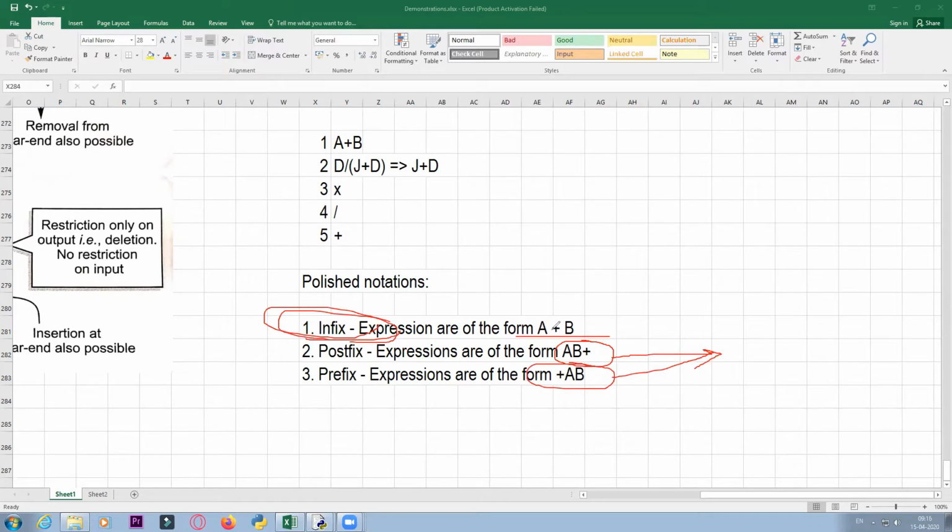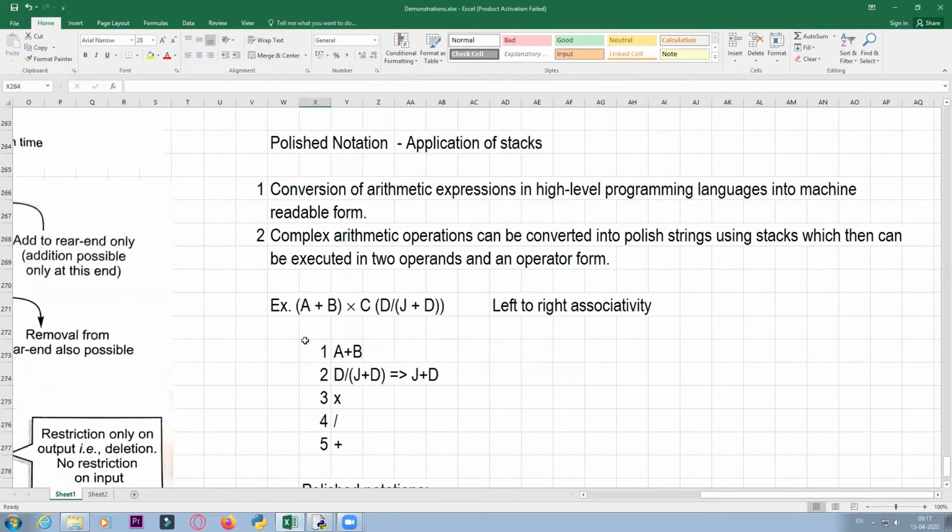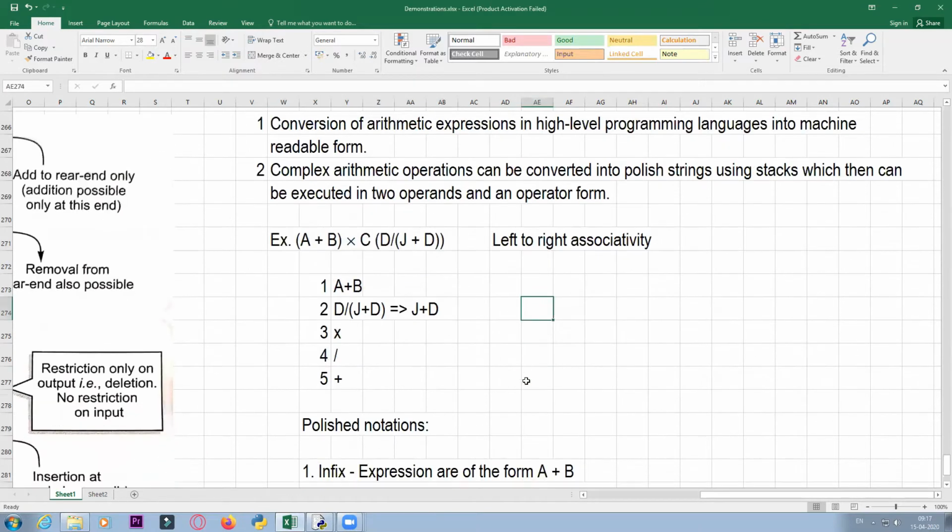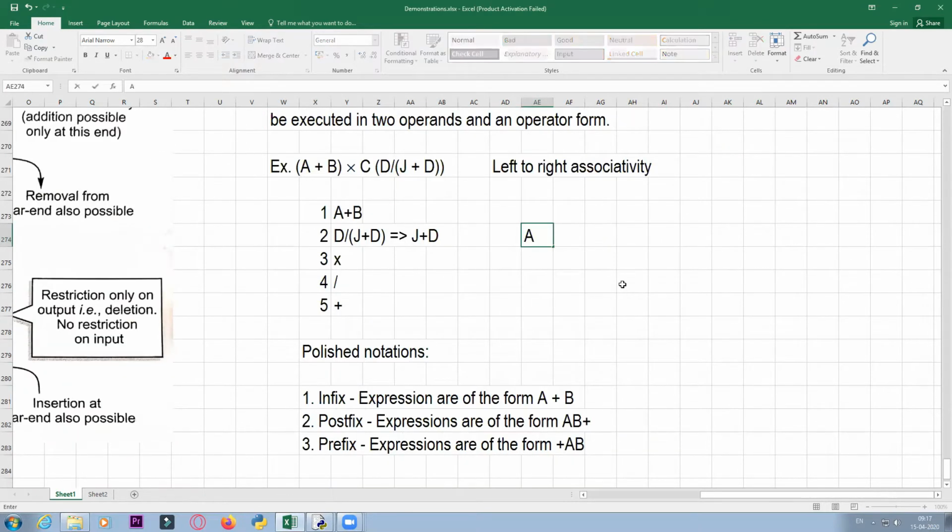Now this is a very simple expression consisting of only two operands and one operator in between. What about cases where you have these large expressions? How will you figure it out? Because it is possible that A can be a single digit number like 5, or A could be a double digit number like 50. So when you write 50 plus B divided by, or whatever you write, you take multiple digits for a particular value, a particular variable. In that case, it becomes very difficult to evaluate expressions.